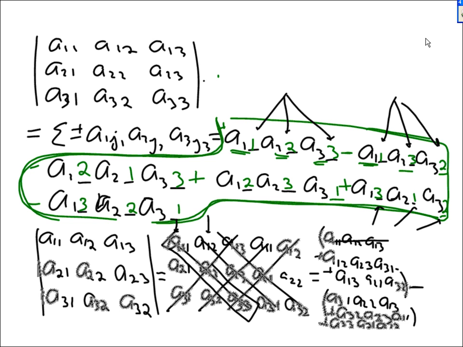Okay, and then the next one is A32, A21, A12. Okay, this one up here with the minus in front. Remember, I'm taking away that term. And then I'm going to take away A33, A21, A12,